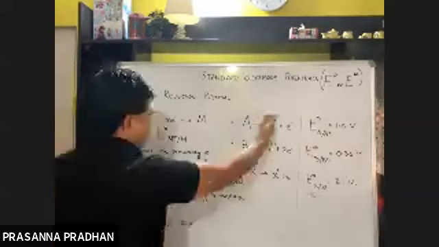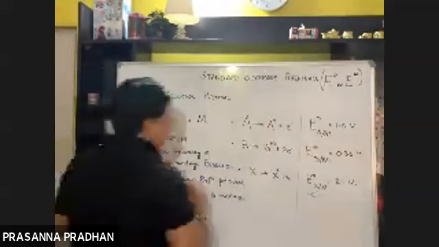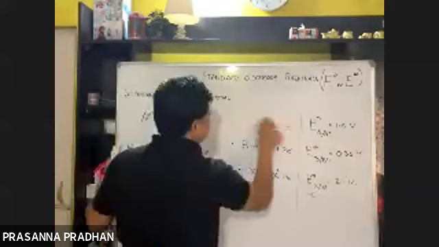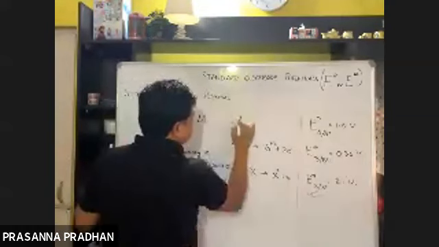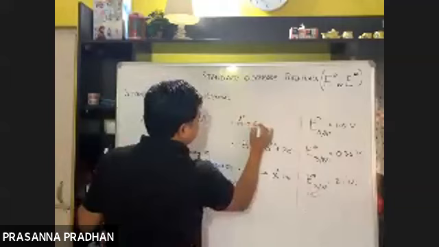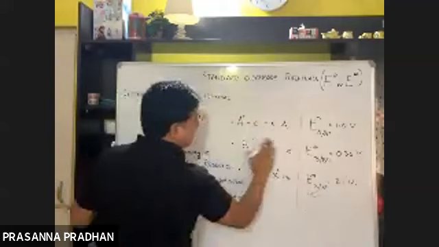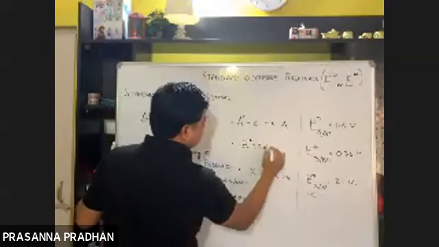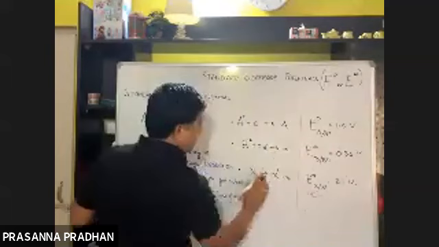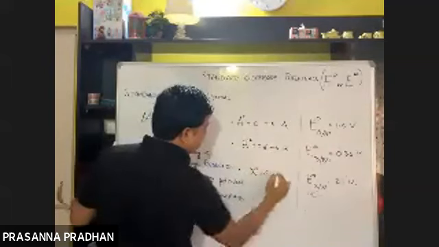Now let us change these into reduction. I'll write down the opposite reactions. Now you tell me the value. Here the reaction I'll consider is A positive plus an electron gives us A. Here B dipositive plus 2 electrons gives us B. Here X monopositive plus an electron gives us X.